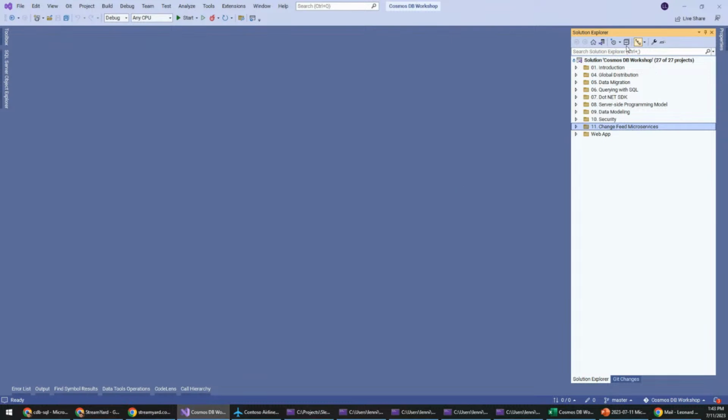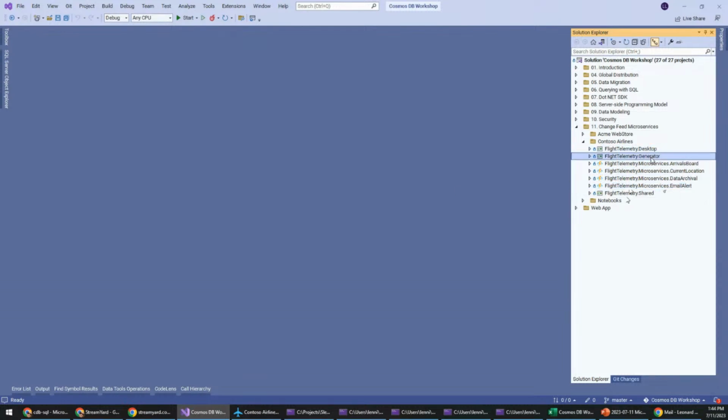You can see that I've got, well, here's my full solution, which is available to you, but we're focused here on these flight telemetry projects. I've got 4 microservices that I'm showing. We're now looking at the email alert microservice. That's the desktop, that's the generator, and there's some shared code. So looking at the first one, the email alert,